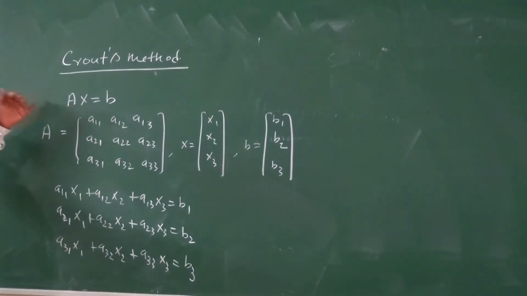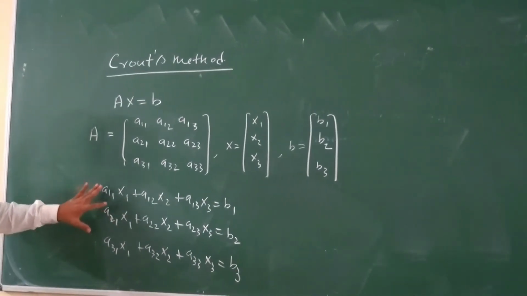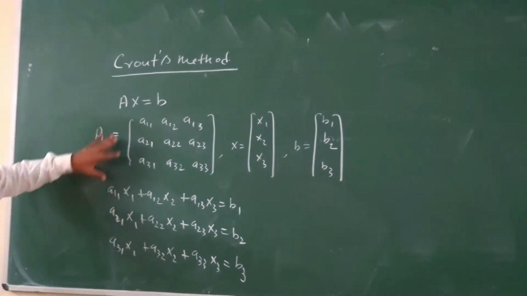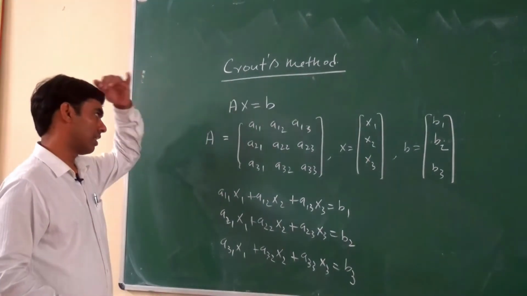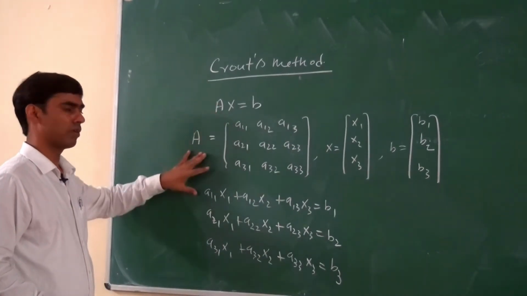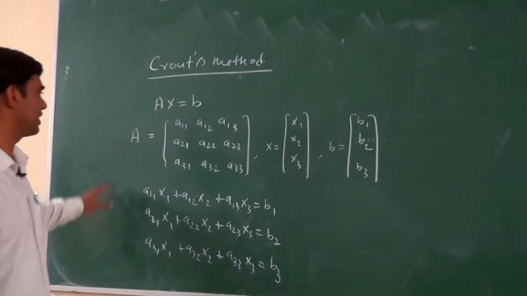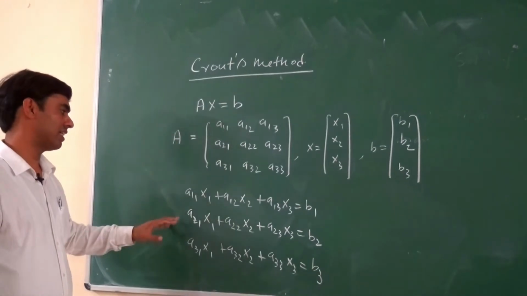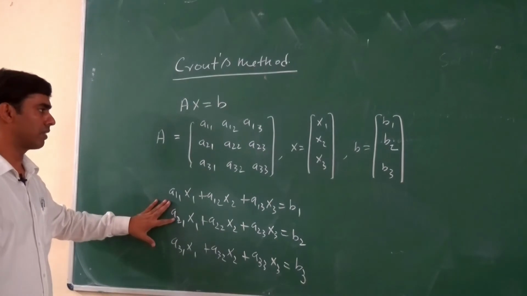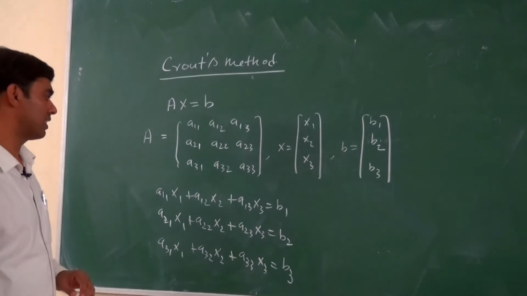Vice versa, this is the matrix form of this system of linear equations, and this system is the explicit, meaning expanded, form of the matrix form. If a matrix form of a system of linear equations is given, then we write it in expanded form. If the expanded form is given, then we write it in matrix form.